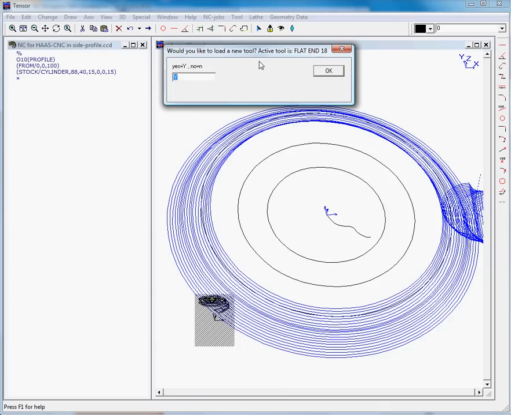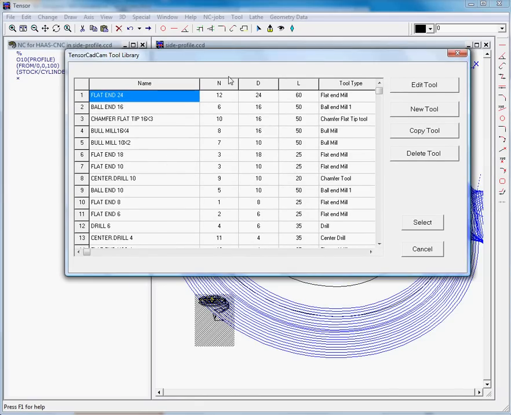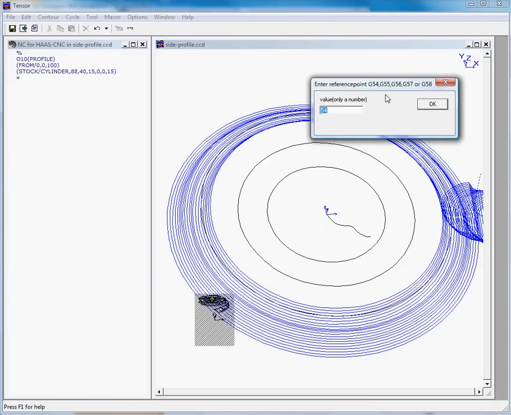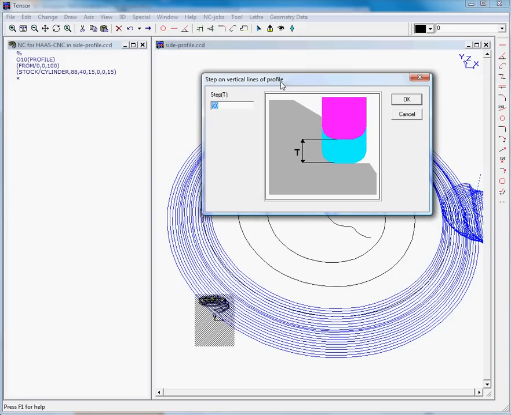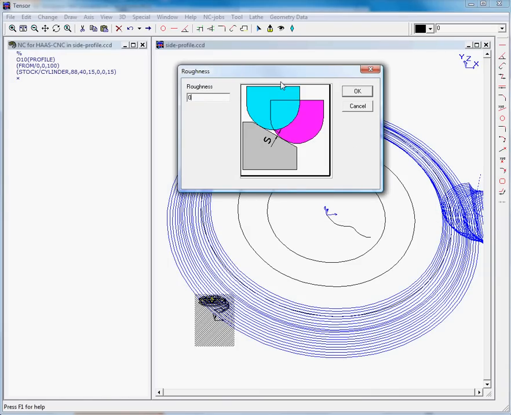Yes, we will load a new tool, a ball end tool, and we'll move back to the tool library, and we will select the ball end of 10 and select this. OK, G54 as our reference point, and on a horizontal line we could enter 0.5 as a step, 50 on a vertical line. OK, the allowance will be 0, and the roughness we can define, like for example 0.03,